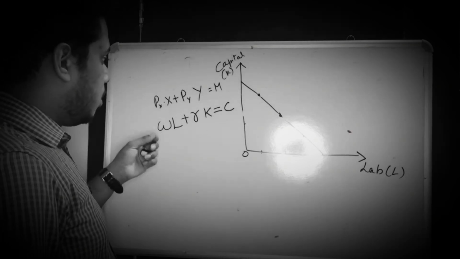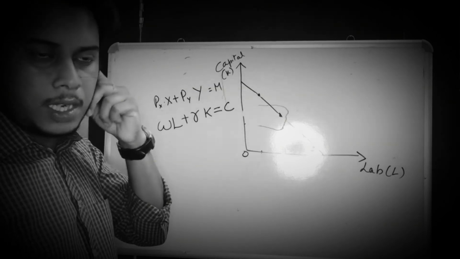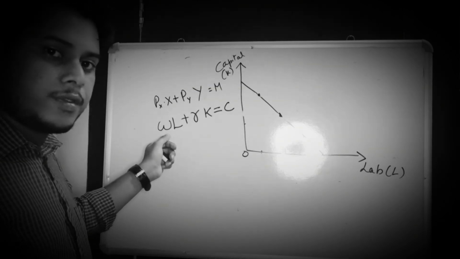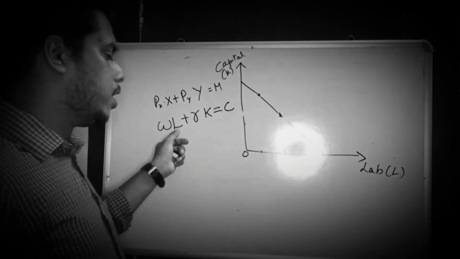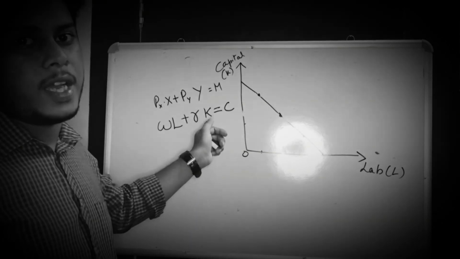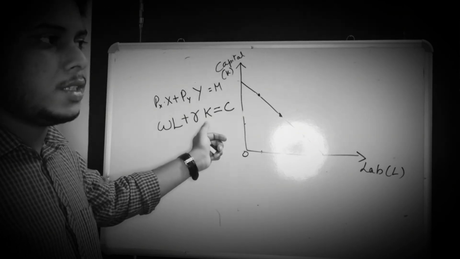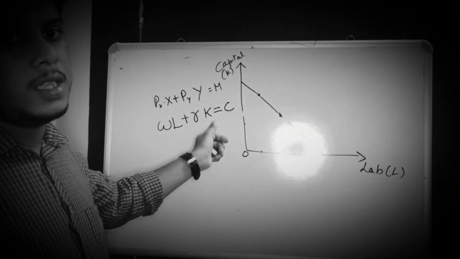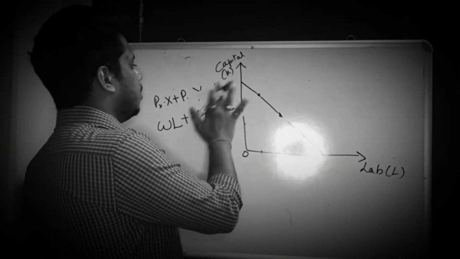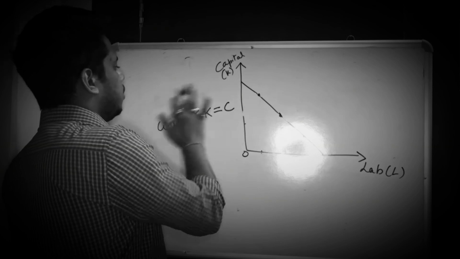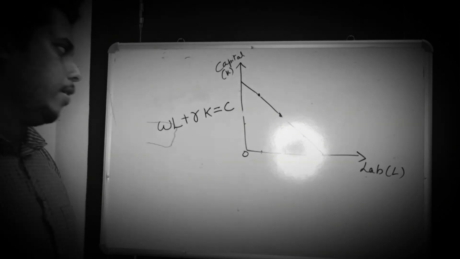So the equation follows the same format as that of the equation of the budget line. Price of labor, that is the wage, into quantity of labor plus price of capital, that is the interest, into quantity of capital equals to C. And this equation is for this line, the isocost line. Okay,